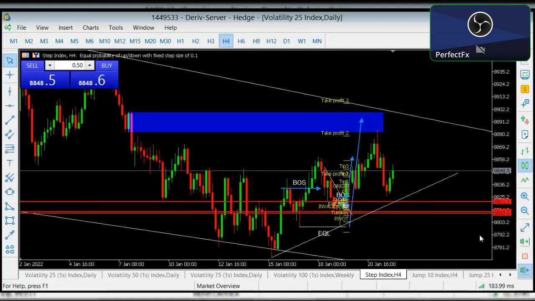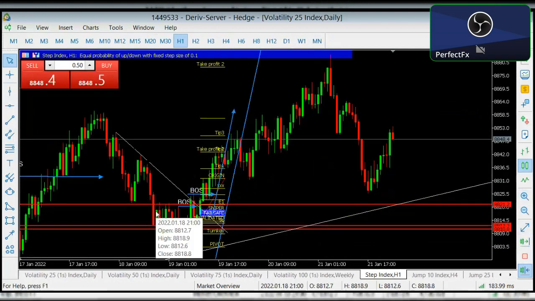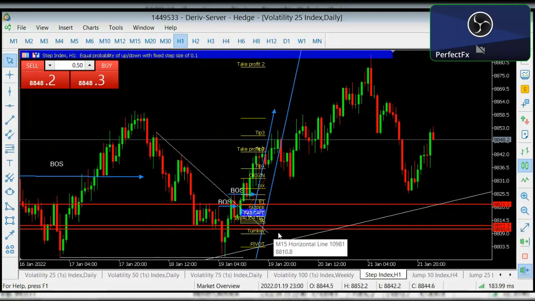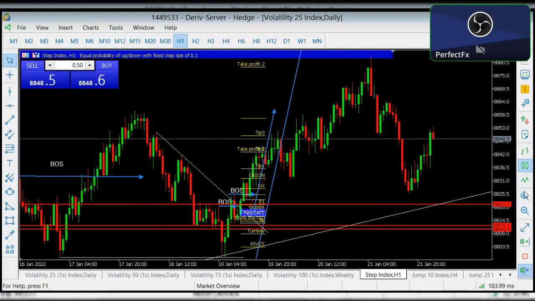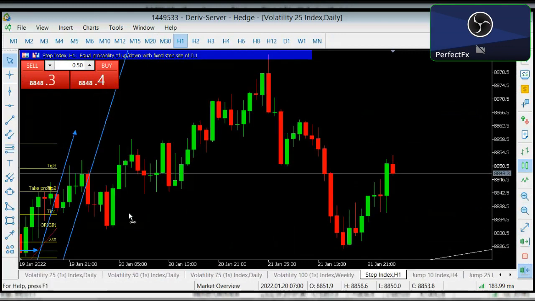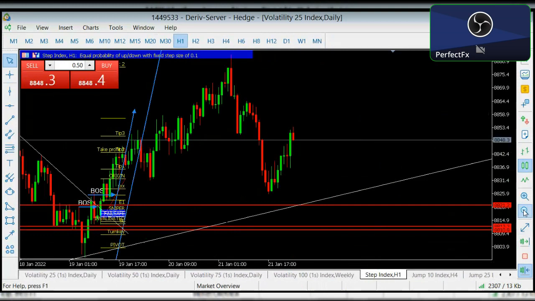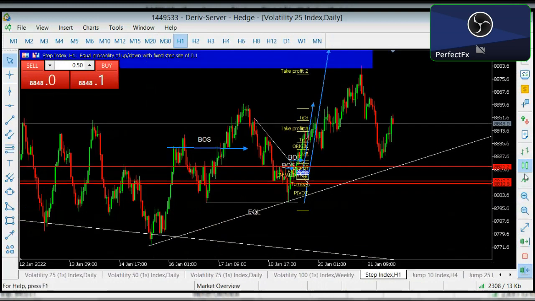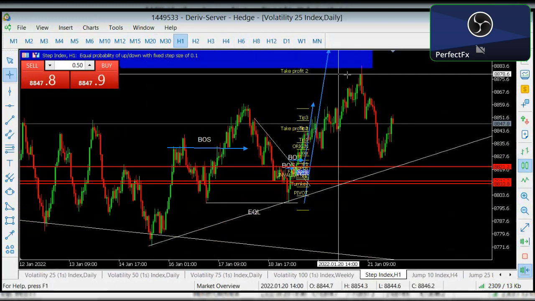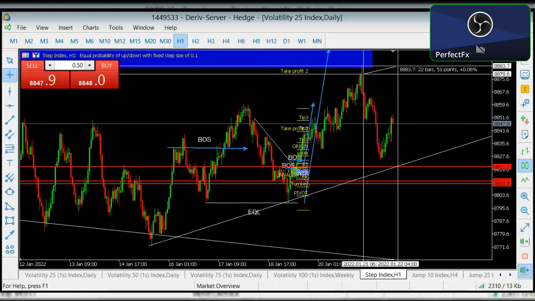On the step index market also, as you can see, this analysis was given. Let's go down to the 1 hour time frame to show you guys how we're able to analyze this market. I think the signal was given from this point. The price was going to fall to this point before eventually pushing to the upside. But price didn't get to this point, and immediately I saw a very strong bullish momentum. I opted on the trade, and as you can see, look at where I marked that price was going to buy to. Price got to that point and rejected with a wick. Can you see? Rejected with a wick.